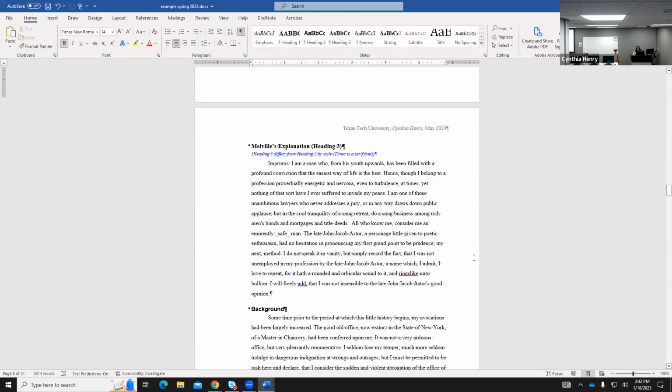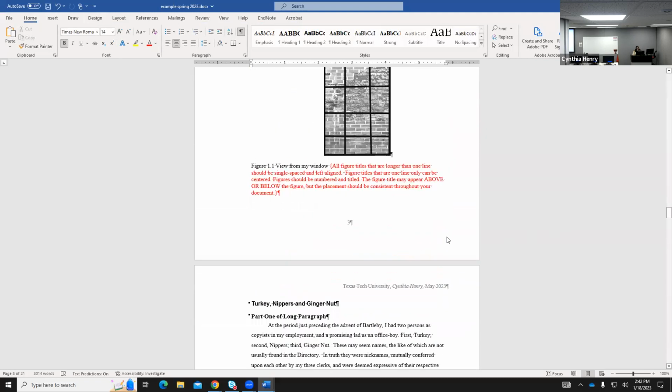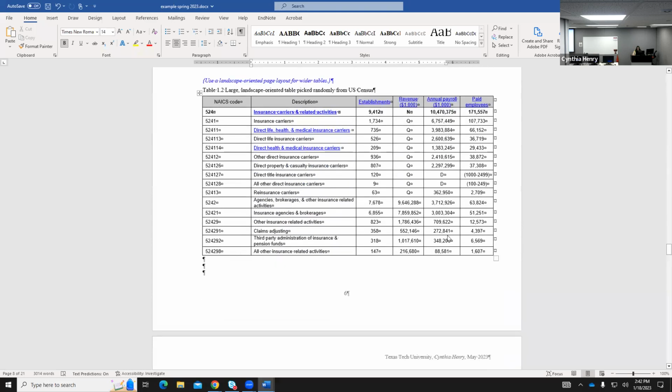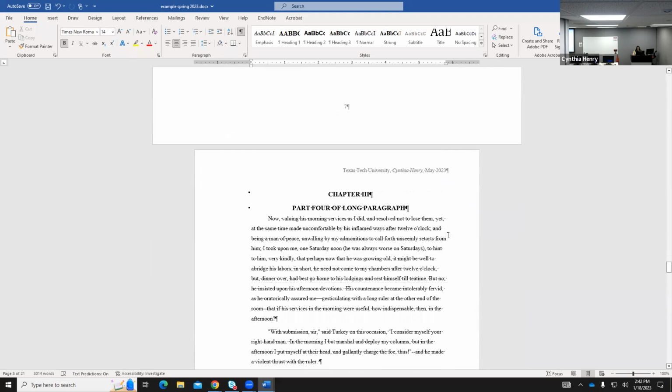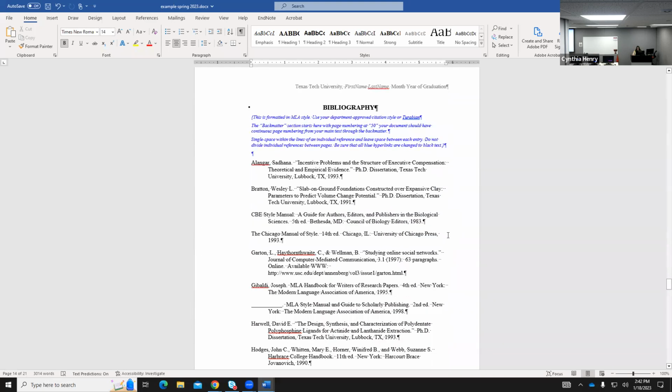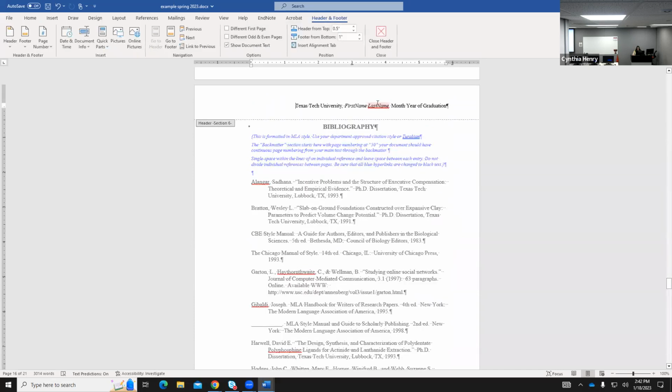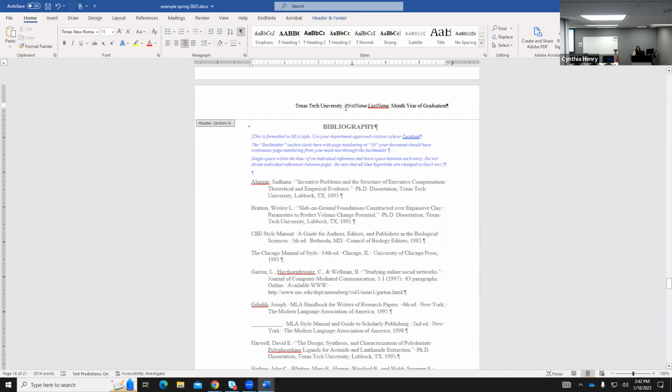I'm just going to scoot down now to the bibliography real quick and make sure that it came through over there and that it is all those right things. That's what we're going to do today, is move through these and make sure that all this stuff is right. Okay, so then I need to make sure this is the right size. It is the right size. I'm going to put my name